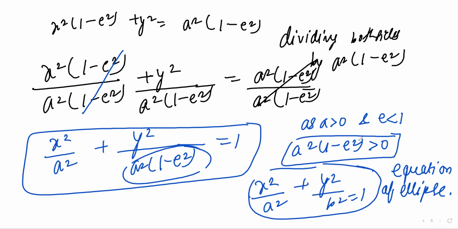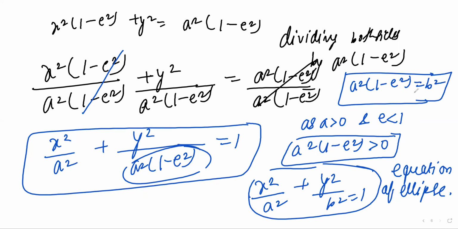So what is b? Your b² is nothing but a²(1 − e²) is equal to b². This is the b value. So right up to this point,